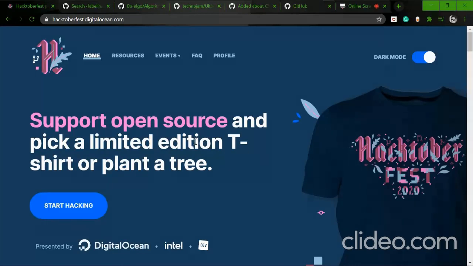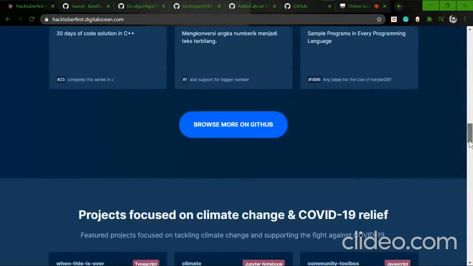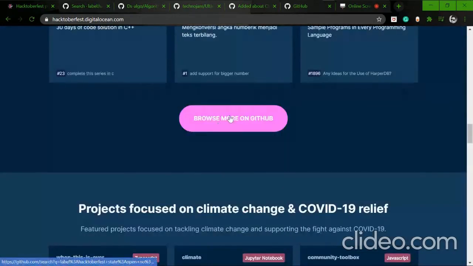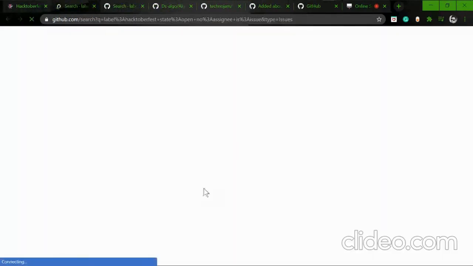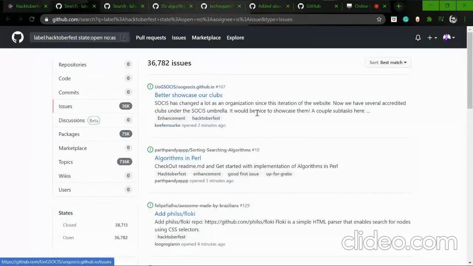So just go and sign up on the Hacktoberfest website, and you have to search for a good repo that you can participate in. To find a good repo, you just go to the browser, GitHub, and you can find many repos, or you can say many issues, which are created by the owner of the repos.